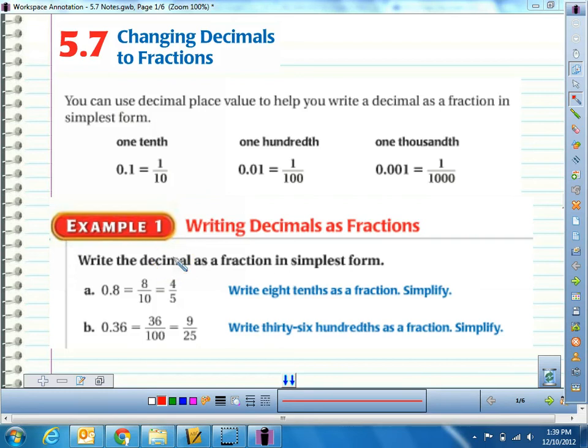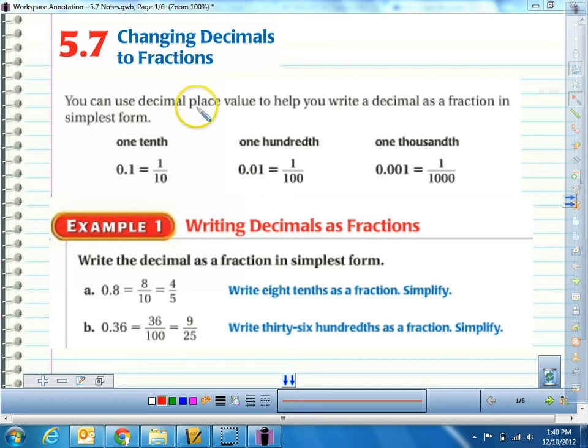Hey, today is a quick little lesson coming from 5.7 out of our book. It's changing decimals to fractions. We know a lot about decimals now. We've started to learn a lot about fractions, and now we need to figure out how exactly they work together. So one thing that we need to know how to do is how to change a decimal to a